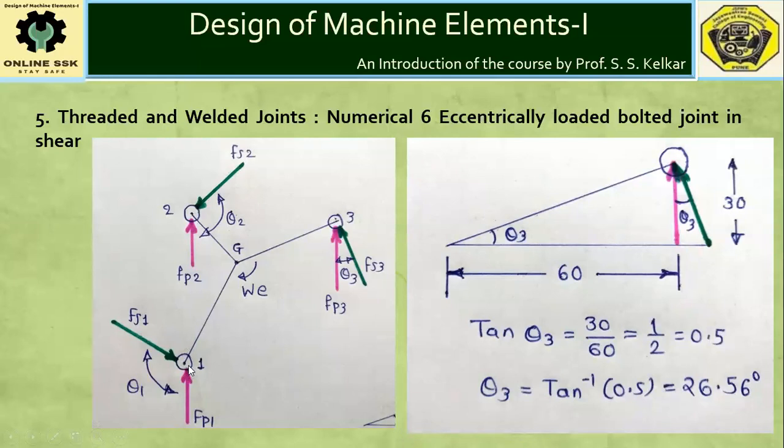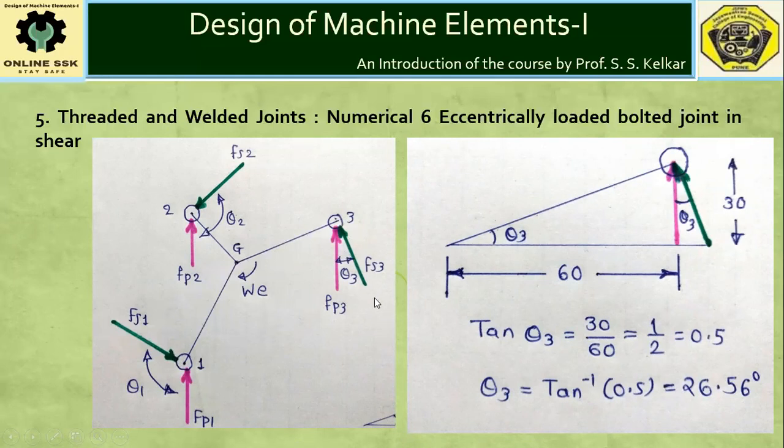As far as bolt number 1 is concerned, again we have to join the center of gravity to the center of the bolt. A line drawn perpendicular to this line is the line of action of the secondary force. The secondary shear force Fs1, as shown by the green colored arrow, will cause anti-clockwise movement of the bracket. Therefore, this shown direction is correct. For bolt number 3, again join the line from the CG to the center of bolt number 3.